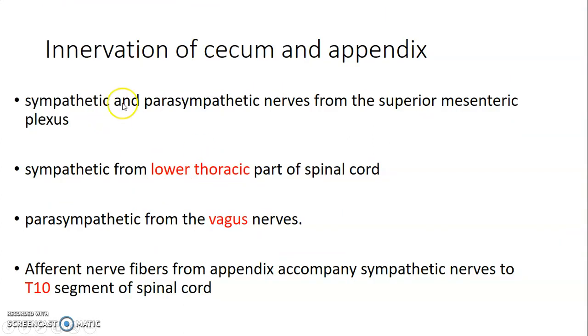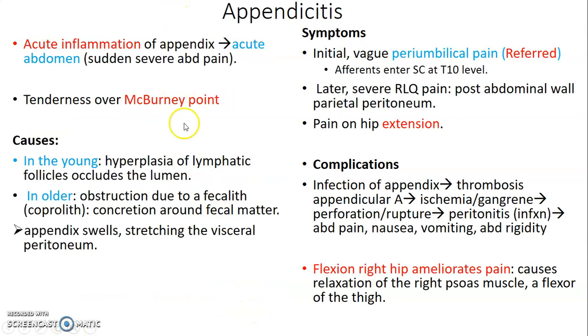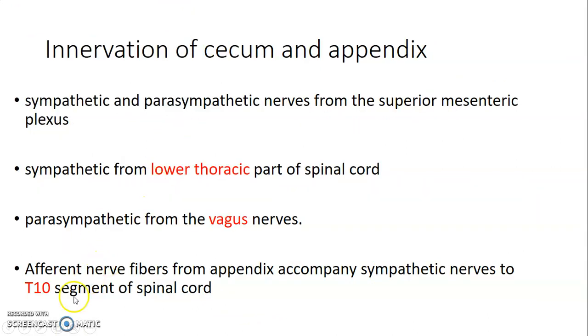So what's the innervation? You have sympathetic and parasympathetic following the superior mesenteric plexus. Sympathetic is from the lower thoracic part of the spinal cord, while parasympathetic is from the vagus. Now, afferent fibers from the appendix, like pain fibers, usually accompany sympathetic nerves to the T10 segment. So information about pain from the appendix will be carried to the T10 segment of the spinal cord, and then you'll get